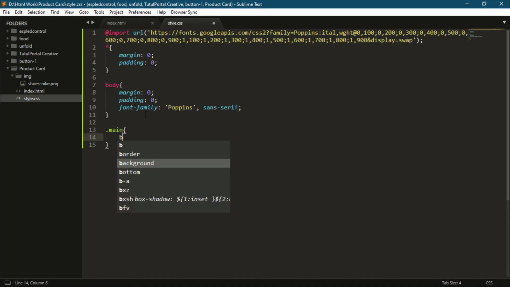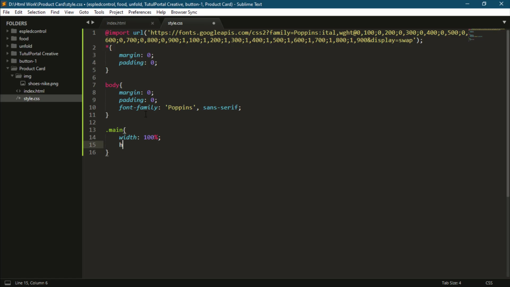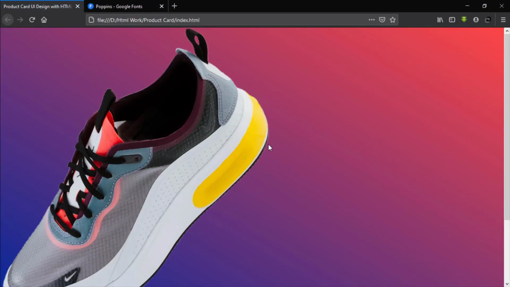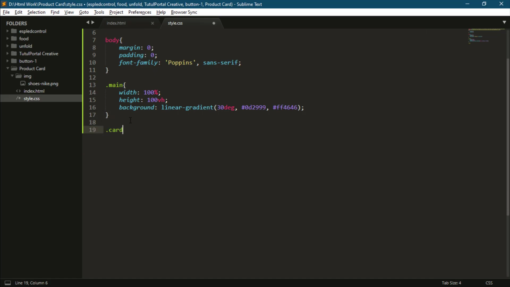Now target the main class. Now make width 100%, height 100vh and background linear gradient 30 degree, and type this color what I'm typing and type this color what I'm typing. Now refresh this, you can see a nice gradient background. Now target the card class and